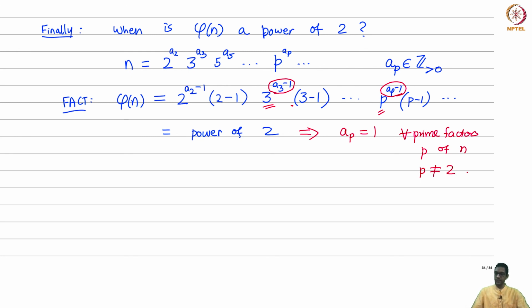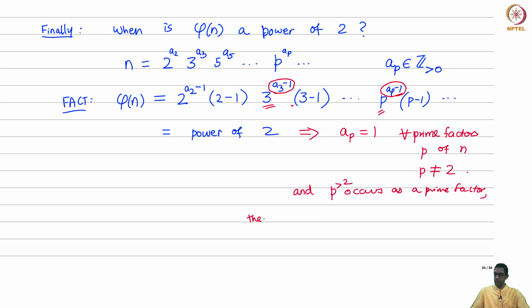Only then these powers will all vanish. And further, what more do you want? You need something more: if a prime P greater than 2 occurs as a prime factor,